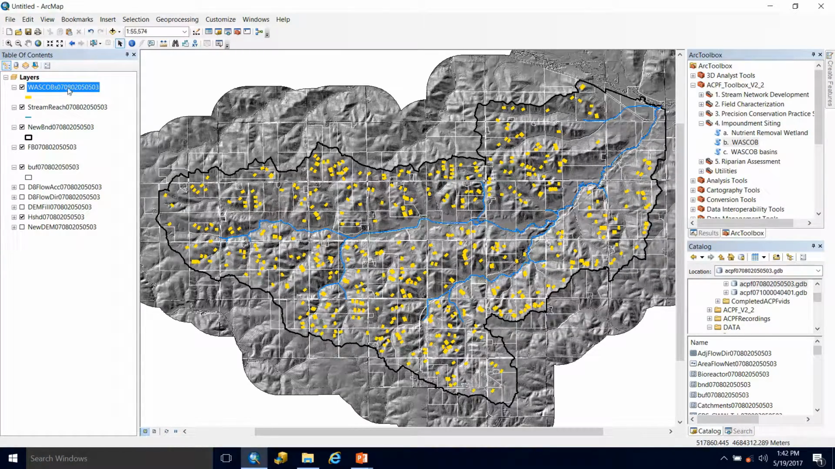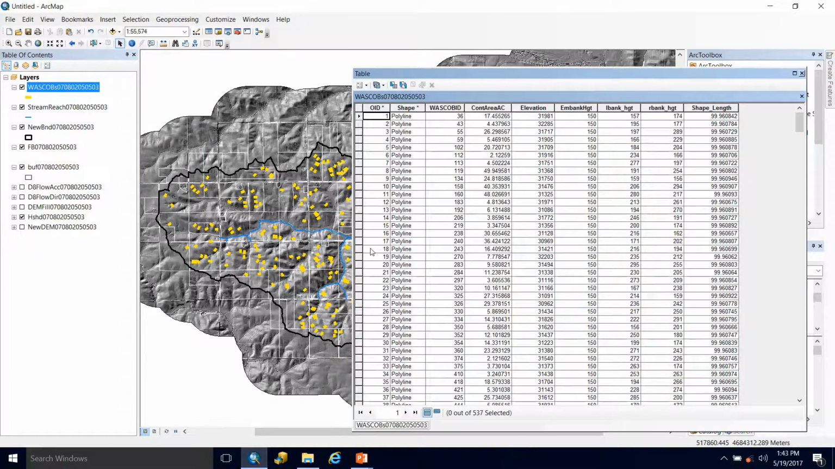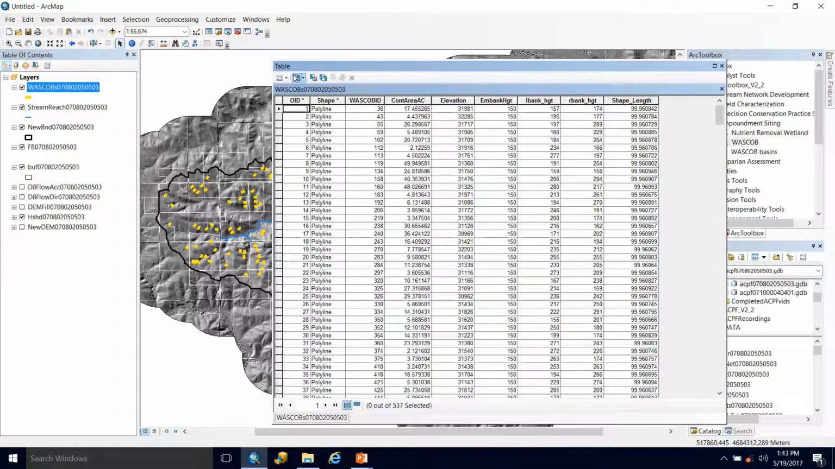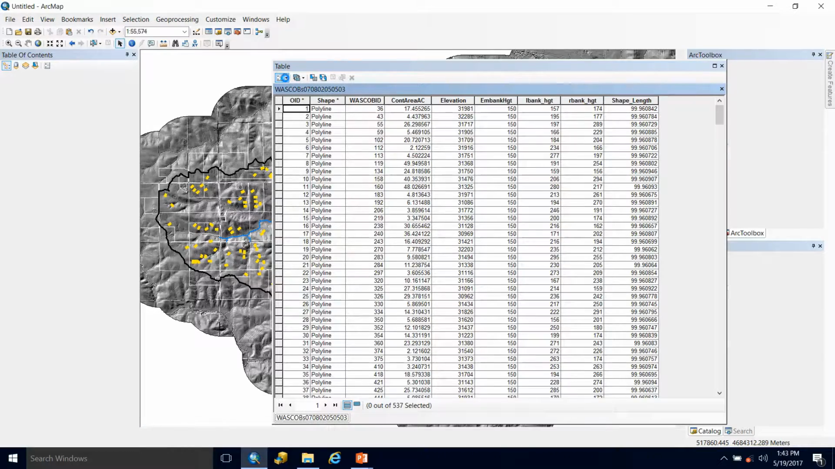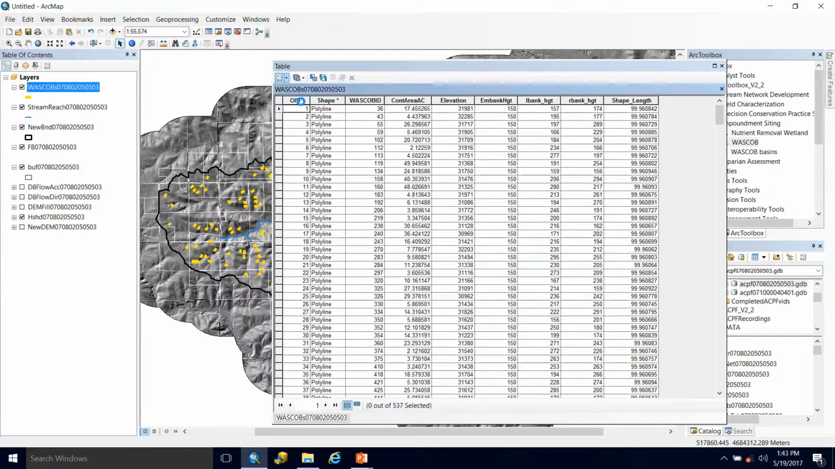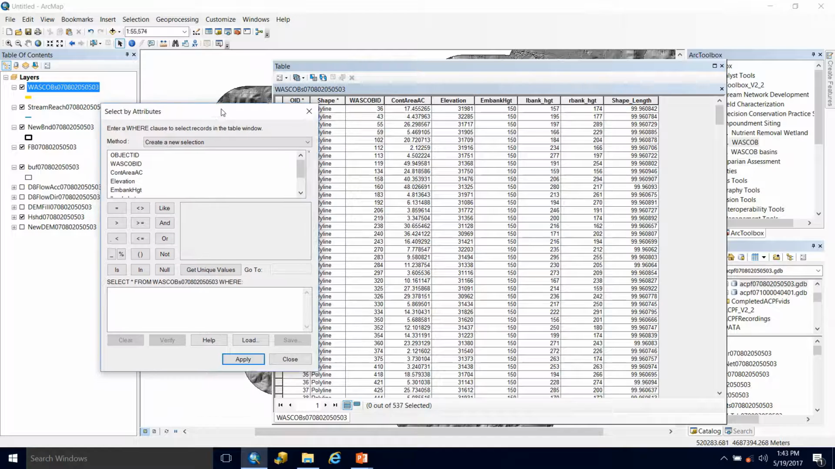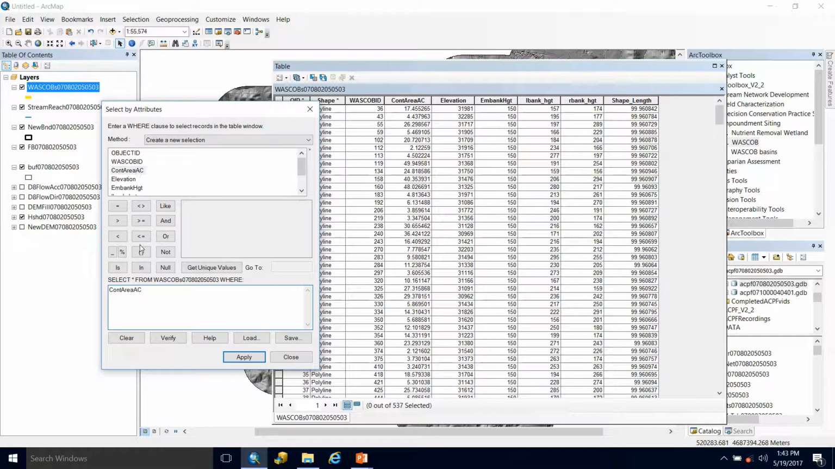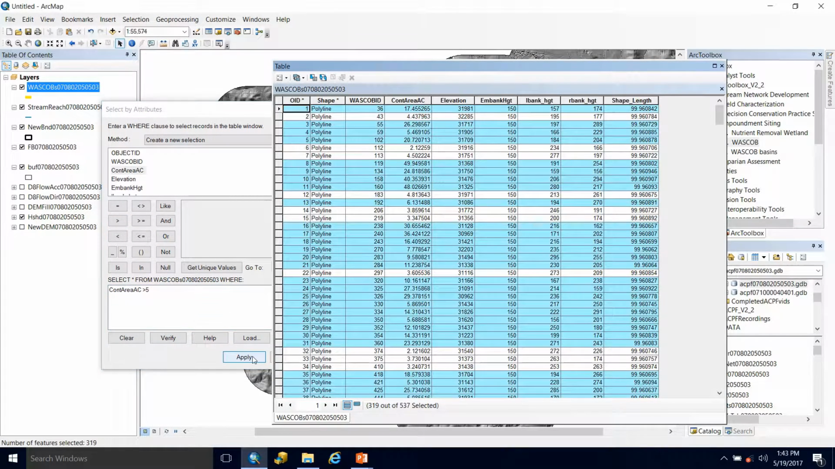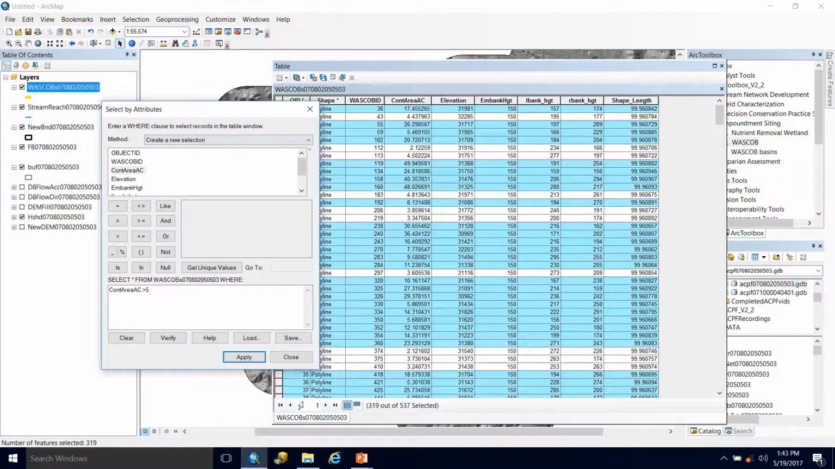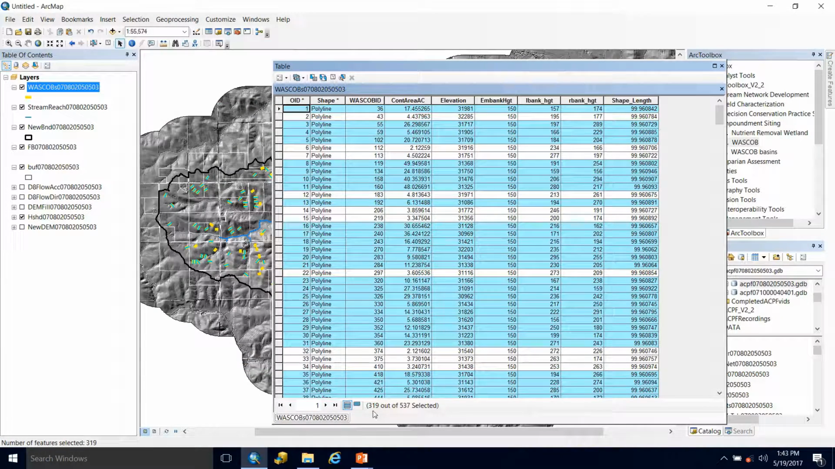I am going to apply selection to my WASCOBs so that the WASCOB basins tool is only ran on certain ones. So to do that, I opened up my attribute table. I click on the menu of options and I'm going to say select by attribute. And I only want to see WASCOBs with a contributing area that's, let's go with greater than 5 acres. So I'll hit apply. Alright, close. And we can see that I'm going to have 319 WASCOBs that are going to have basins generated